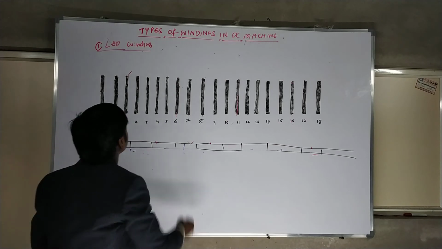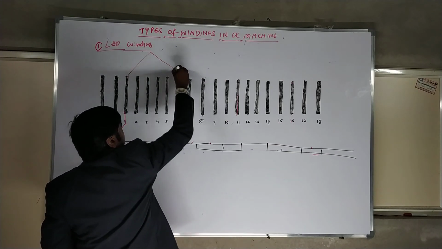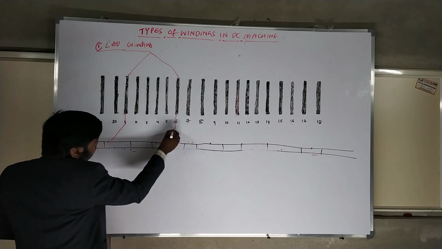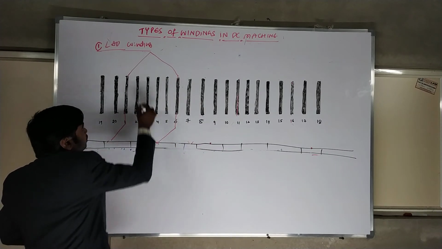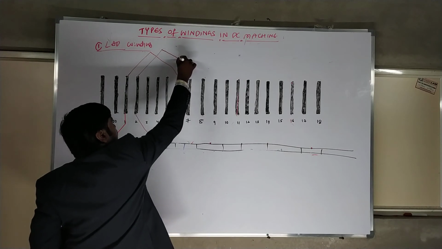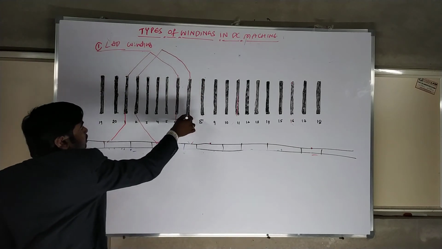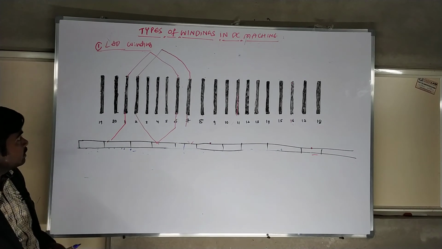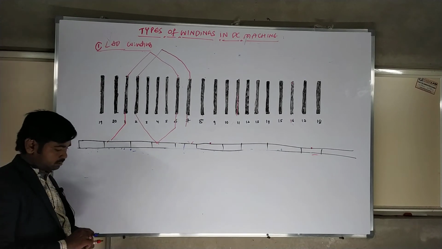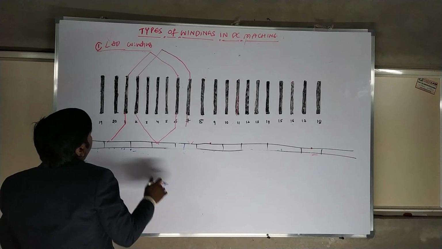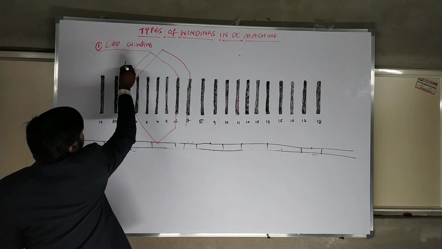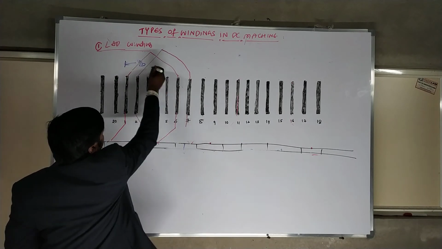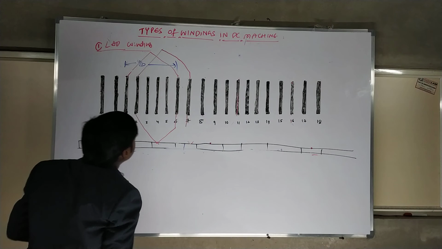For those who are not clear, let us see here. So go and come, connected here. Before you go like this, now you come like this. This type of winding is called a lap winding. I think it's clear. Next, you can see the front pitch and back pitch. The back pitch, I told you, is under the same coil: how much distance takes place. So this is over here.